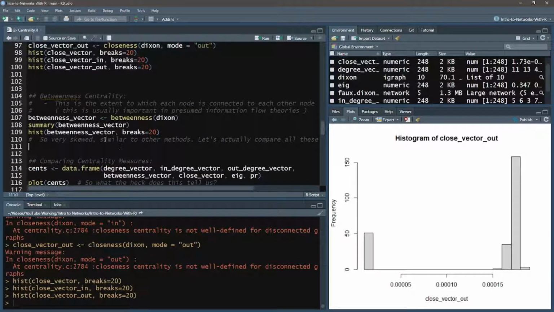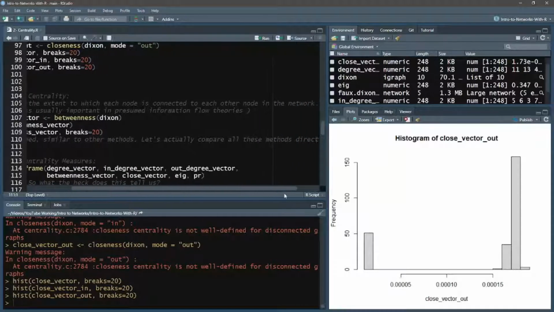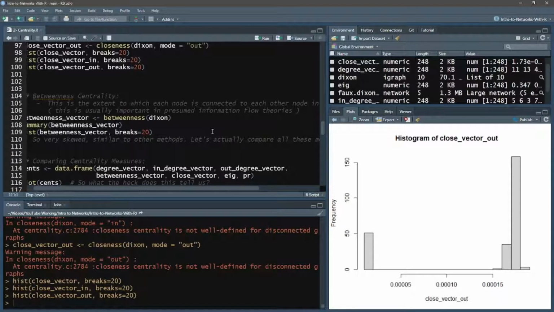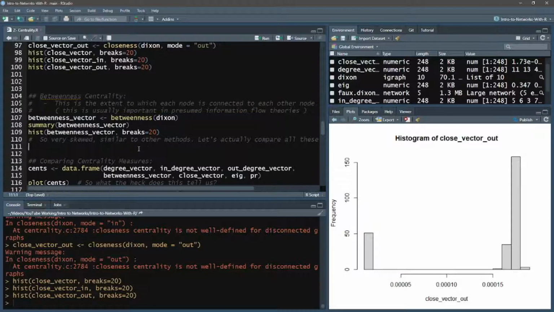So betweenness, we'll notice here, is the extent to which a node is connected to each other node within that network. So the area between each node. And so this is really important when we assume that information is passing around a school. Maybe not for this case, but you see betweenness centrality in a lot of papers on gossip networks and stuff. I think for our purposes with this high school data, it's likely best to use outward degree centrality and probably PageRank.